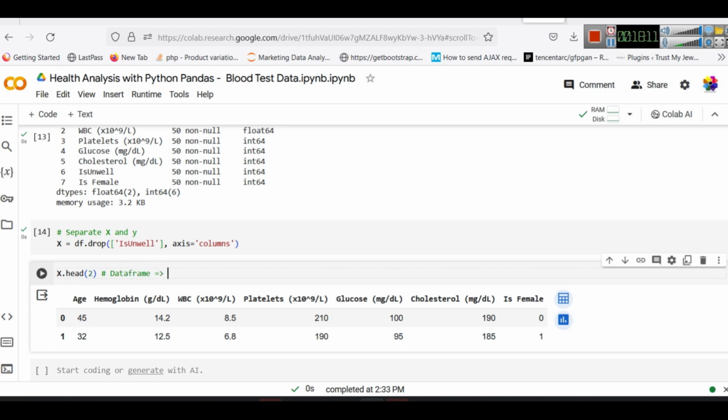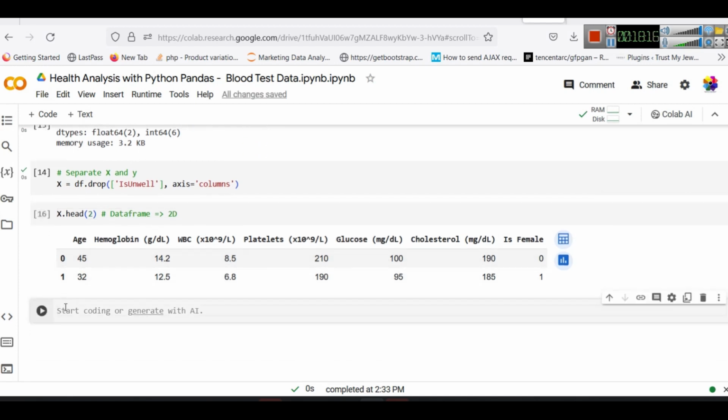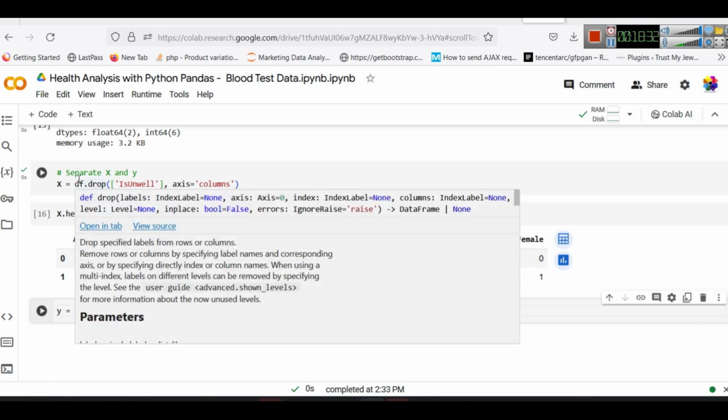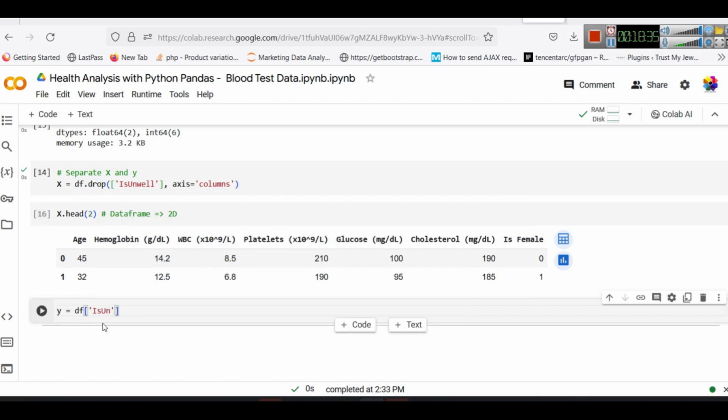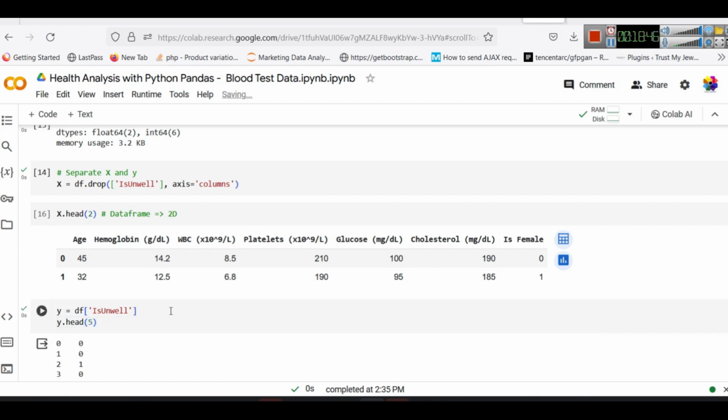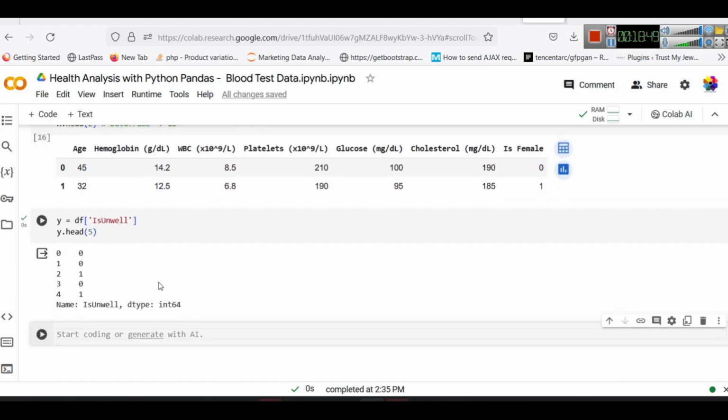Okay, so it should be 2D, which is a data frame, and the output, that means the y parameter, the y variable, is simply df square bracket is unwell. Okay, so we did not drop it from the df, but we saved a copy of it. So is unwell is still in the df, and that we are taking in this, and let's print the top 5 rows to see. You can see, so now your y will always be